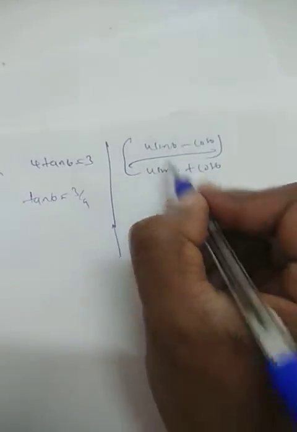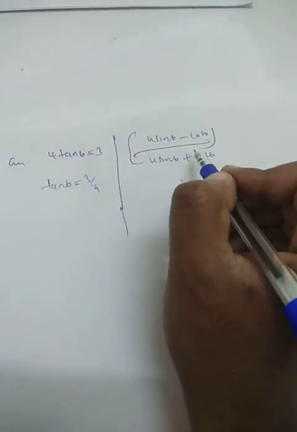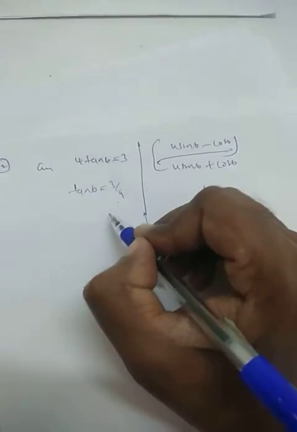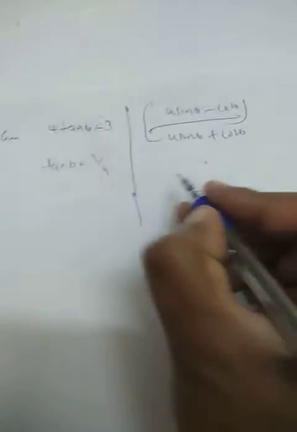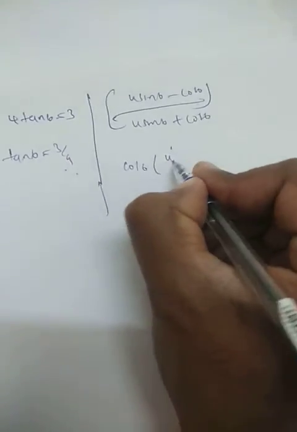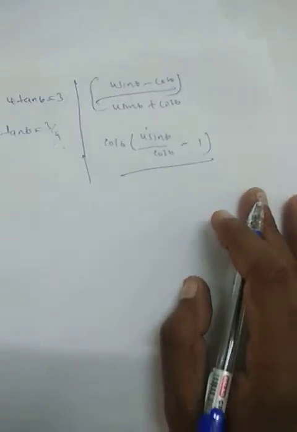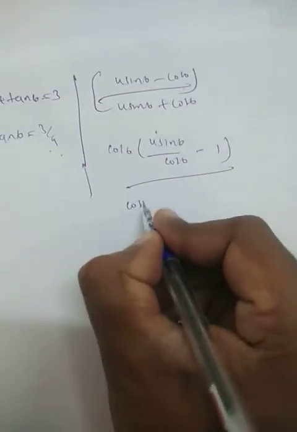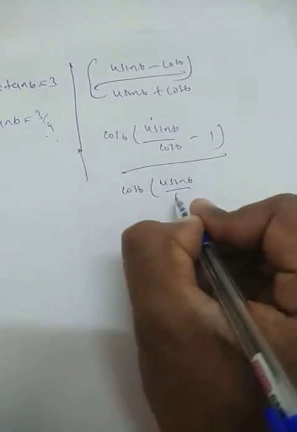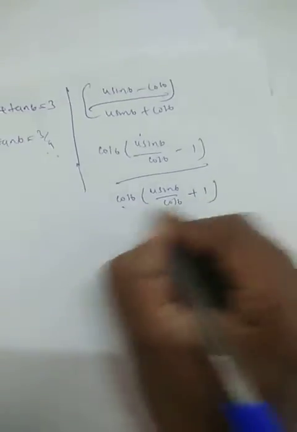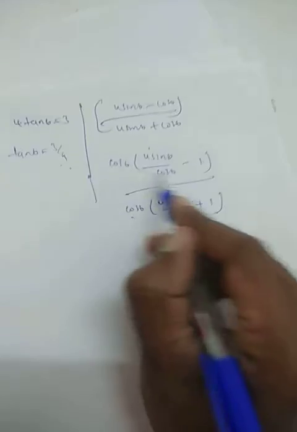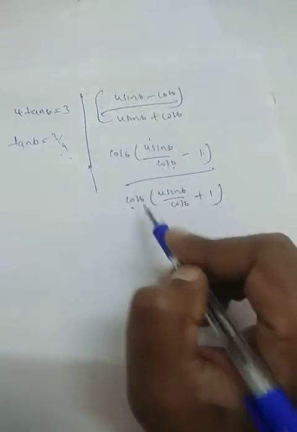Look here. If I take cos theta common from the numerator and denominator, the expression will be converted into tan. Otherwise, from this find the value of sin theta and cos theta, that means opposite by adjacent, that is lengthy. So instead of that I am taking cos theta common from the numerator and denominator. Cos theta will be common, and cos theta and cos theta will cancel, leaving 4 sin theta by cos theta.